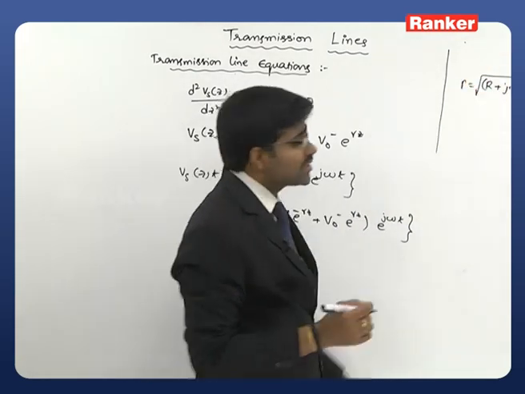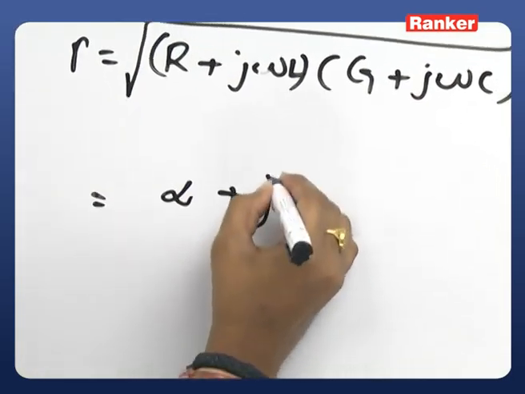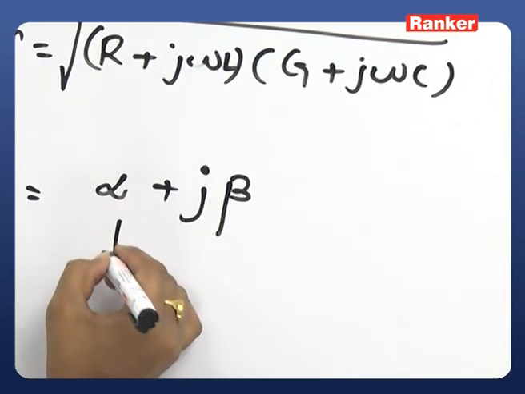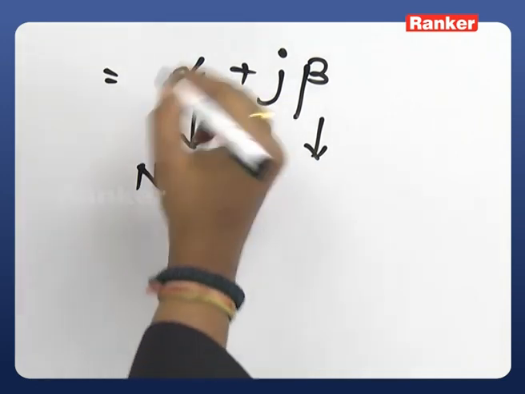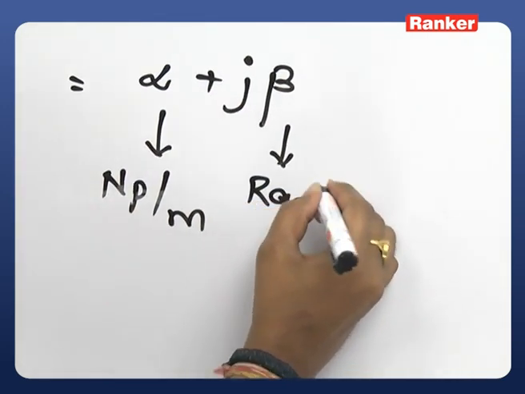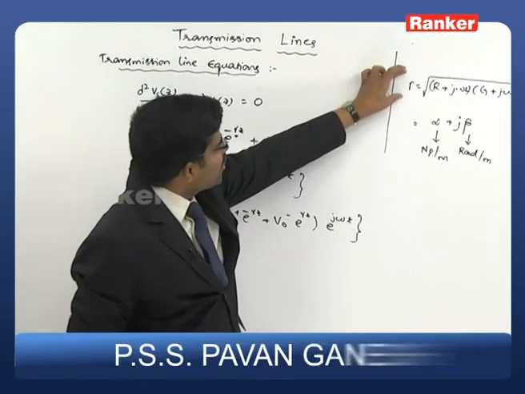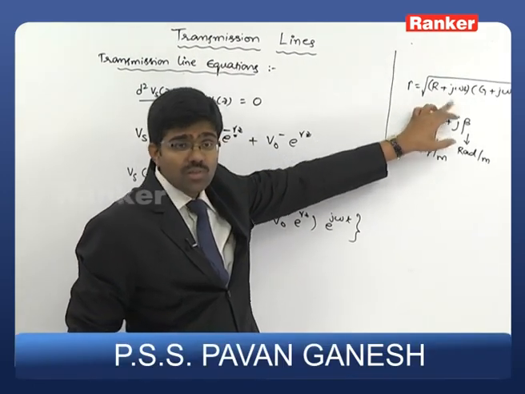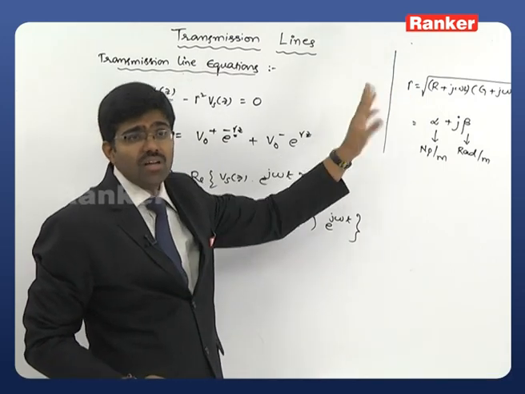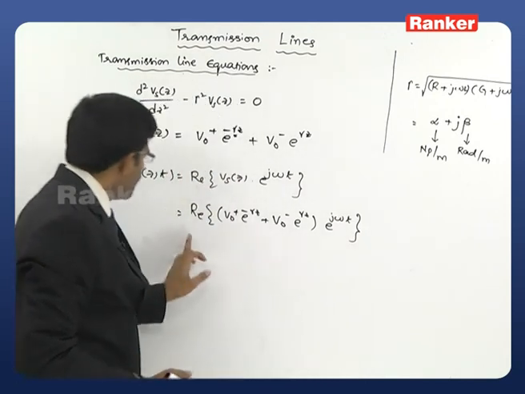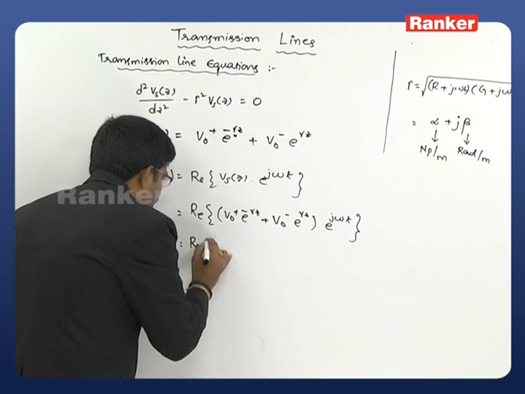Now, once again recollect how this gamma can be written in terms of its attenuation constant and phase constant: alpha plus j beta, where alpha is called the attenuation constant, described in Nepers per meter, and beta is the phase constant, in radians per meter. So, this gamma can be written as alpha plus j beta, which is similar to our wave propagation. Later I will give you how to remember this and the similarities for all those equations. Now, replace our gamma with alpha plus j beta, which is equal to the real part of